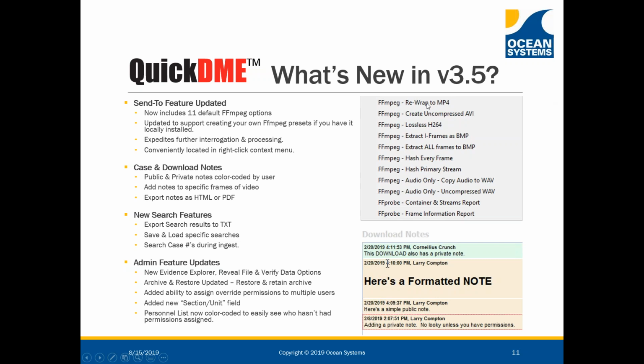We've got the ability to rewrap to MP4, hash every frame, hash primary streams, things of that nature. So you bring the asset in, send it out to FFmpeg, and bring that derivative back into QuickDME. Quick and easy, everything's documented, including the logs from FFmpeg,